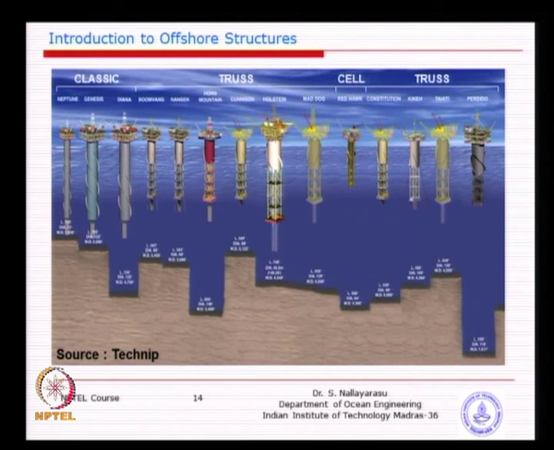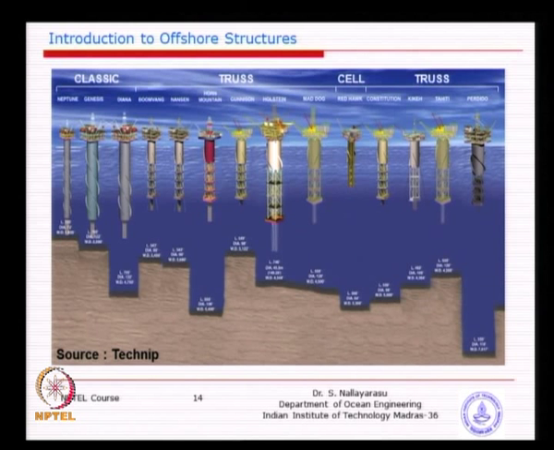You have a jacket at the bottom which is hanging from the floating hull and the topsides. The reason why we need this bottom part is basically to support the risers and conductors, otherwise they will be too wobbly. So, you do not want to stop too early, because the wave action in this area could potentially prove to be a problem for the risers. So, that is why you need to support them.